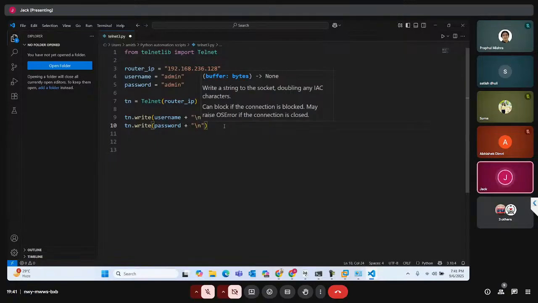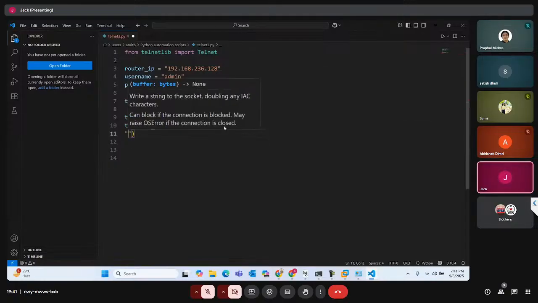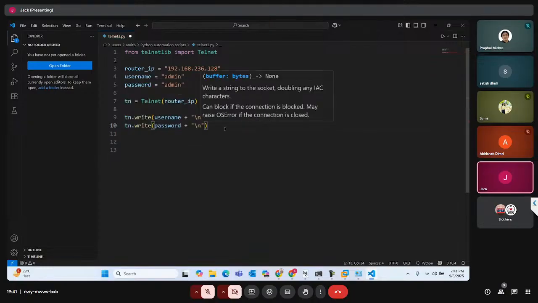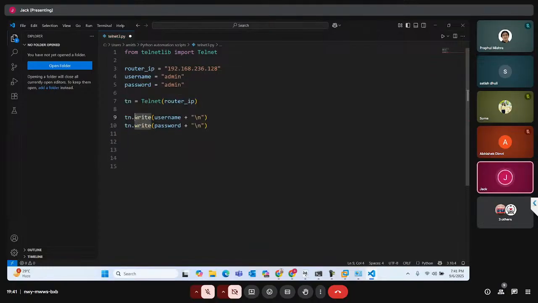It means that once you log in, you will write the username. What is the username? Admin. Okay, it will enter the value admin. Then you know it goes to the next line. The router will ask for the password, and I said that you are supposed to write the password. If everything is correct,